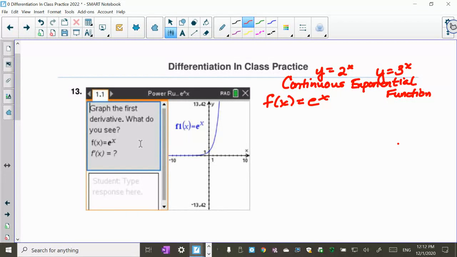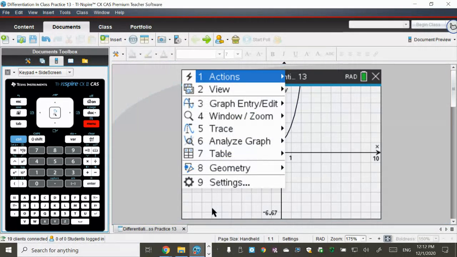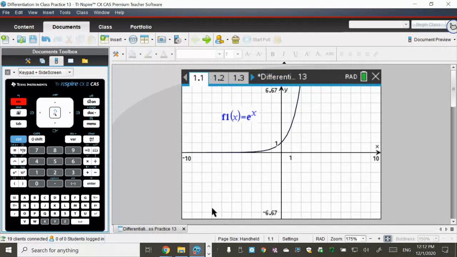So I had the students graph it. So I'm going to bring up my graphing calculator. And we graphed it. And so you should follow along if you want. First of all, I want to graph it, so I'm going to hit Control G. I want to graph the derivative. So I'm going to hit this little chart thingy next to the book,